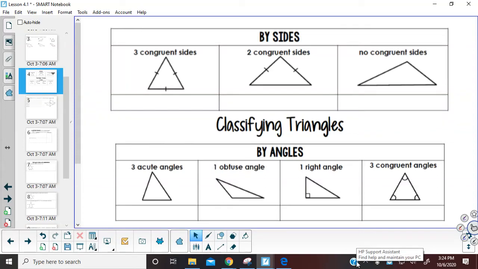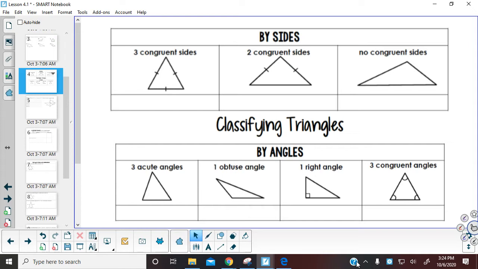Okay, so as you guys are looking today, we are going to be talking about classifying triangles. Now, I will say this, that your notes do not have this first screen that you see on here. Anytime that you see those words classify, it is talking about both its sides and also its angles. In some cases, it'll just say one or the other, but if it doesn't specify, it wants you